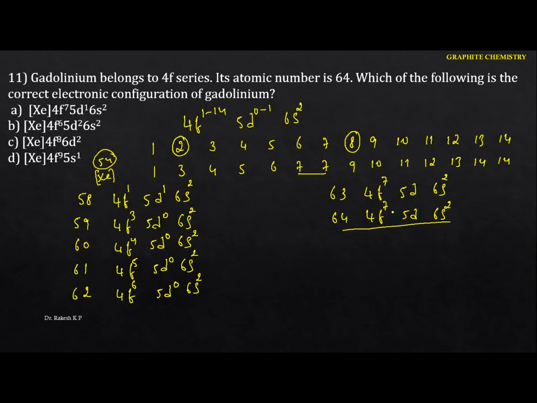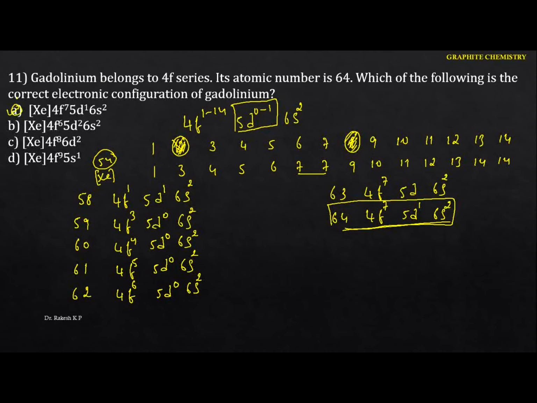we have to add 10 electrons here. The 7 electrons are added to the f, and the 2 electrons are added to the s, and the remaining 1 is added to this one. So once you're familiar with this concept of writing the electronic configuration for the f, we are not supposed to add the 2 as well as the 8, and the rest you gradually fill the electrons into the f. Suppose I have one more extra, we are going to add it to the d. That means the d can fill 0 to 1. Hence in this case you have to identify the options, and the option is A.